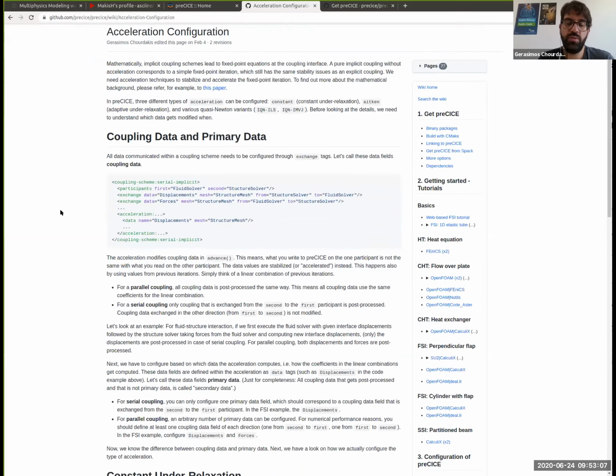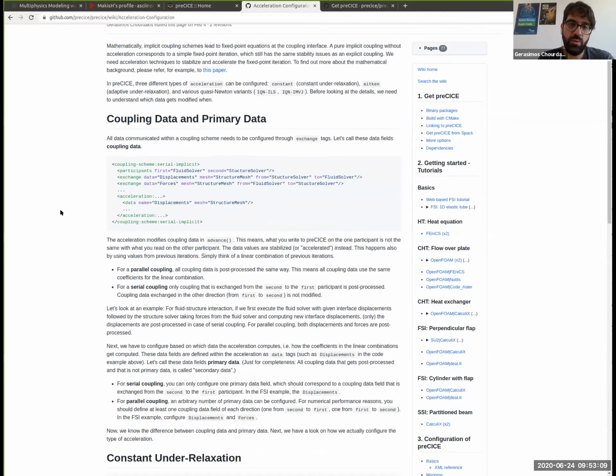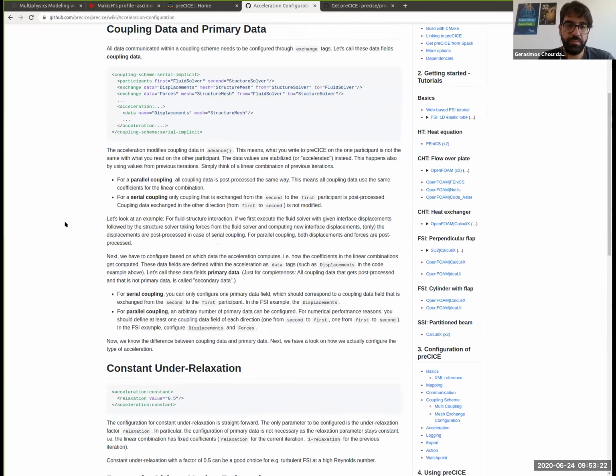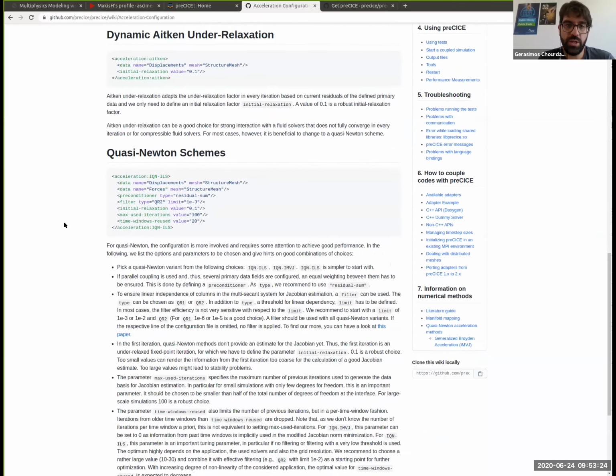So we have different acceleration techniques. We have constant under-relaxation. We have Aitken under-relaxation, and we have, of course, the interface quasi-Newton with different variants, different filters. So you can see here